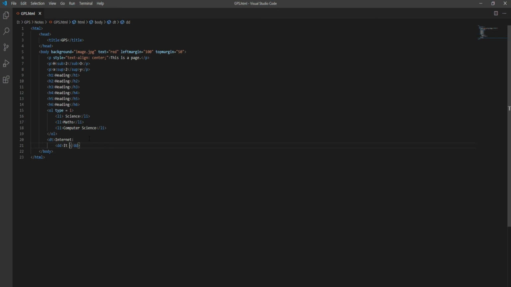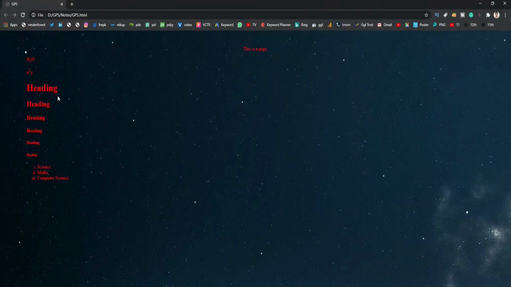That is, it is network of networks. Go back to the page and refresh your page. As you can see that internet is showing here just like a heading, and this is the definition of your heading. So with the help of DD and DT tag, you can show it just like a heading and definition.